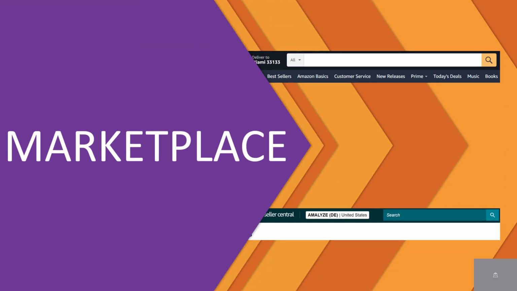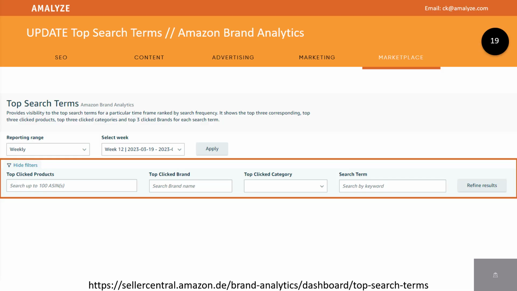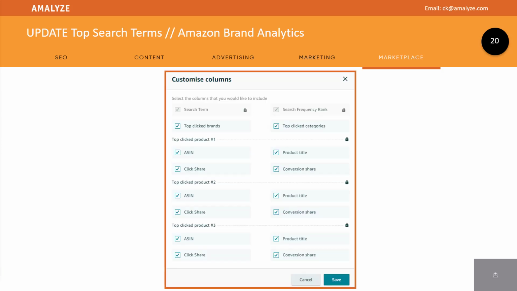Last but not least, the marketplace news. We have decided to put the top search terms here. Of course, you can use it for SEO, you can use it for PPC, and that is a big change. You will find new filters like the top click brands, top click categories, and you can refine your results. You will find up to 16 different